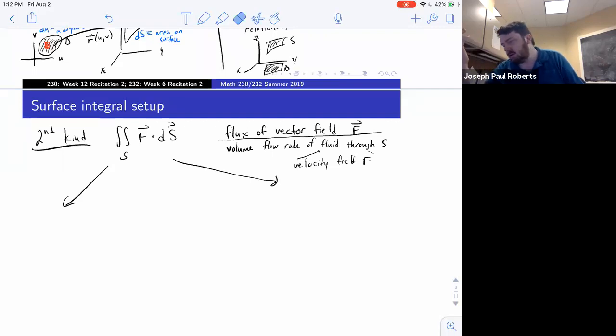That locally it seems to be fine, that you have one side and you have the other, but then something pathological is happening with the larger scale structure and how the sides sort of merge together. So you can't do flux across a Mobius strip or anything else, but we're not going to worry about that in this class. All the surfaces that we'll deal with will be oriented without trouble. And so anyway, the formulas for flux